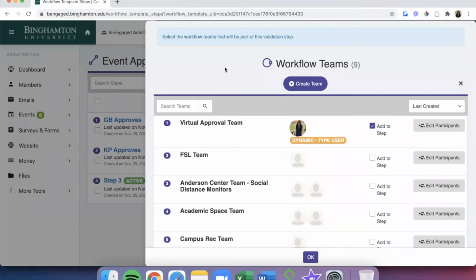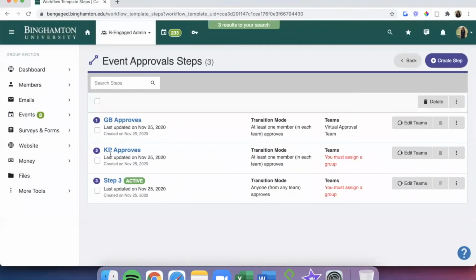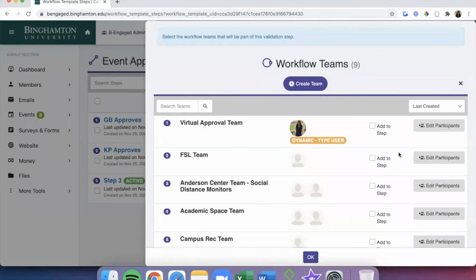We also need to create another team for our other workflow step. So we're going to exit this pop-up and head to this other step. Click Edit Teams and follow the same steps to create yet another team.